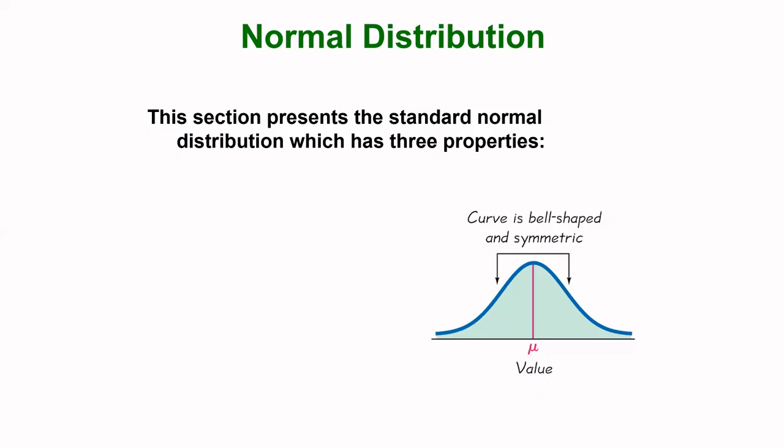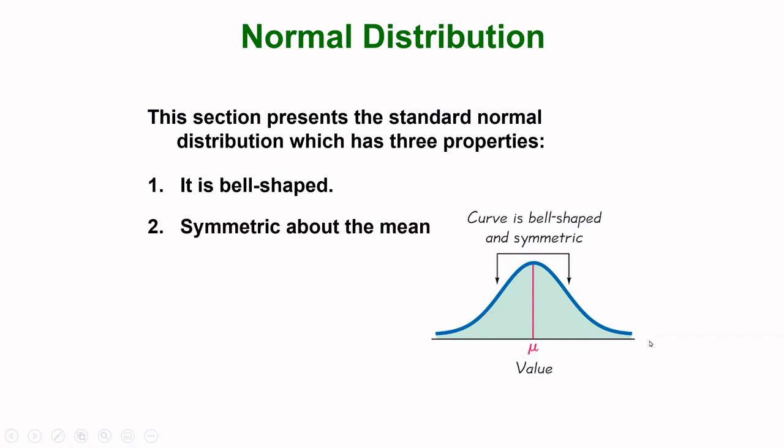So the next important distribution on our list is the normal distribution. For the normal distribution, it has those three properties. It is bell-shaped, meaning the values start low on the left, then they peak towards the middle, and then they also go low again. Now, this distribution is symmetric about the mean, meaning the left side of it is a mirror image of the right side. And again, the area under the curve is 1,